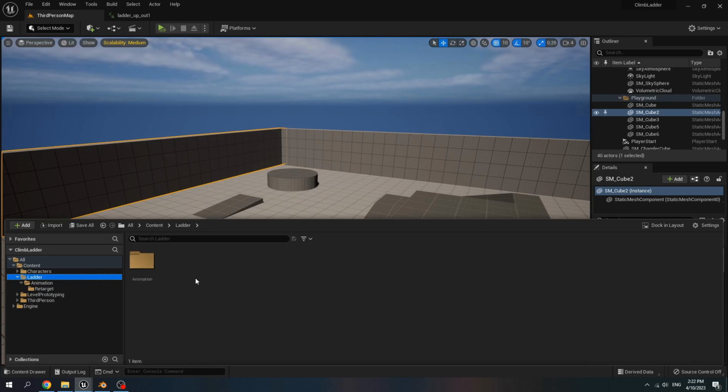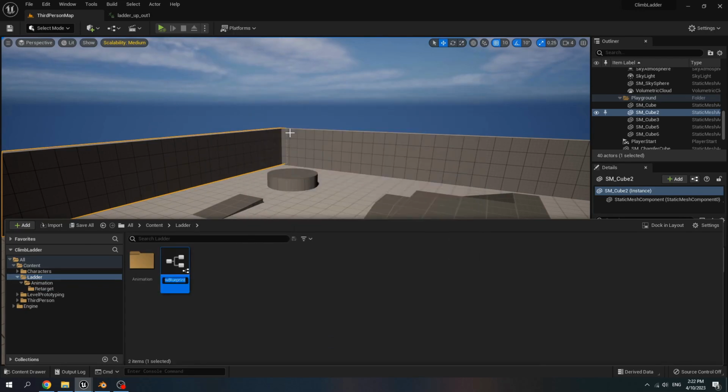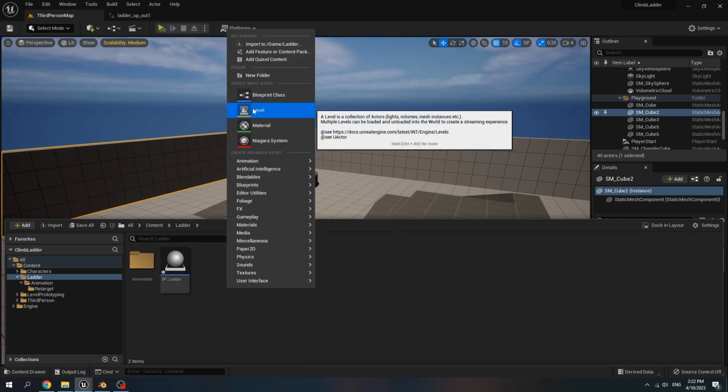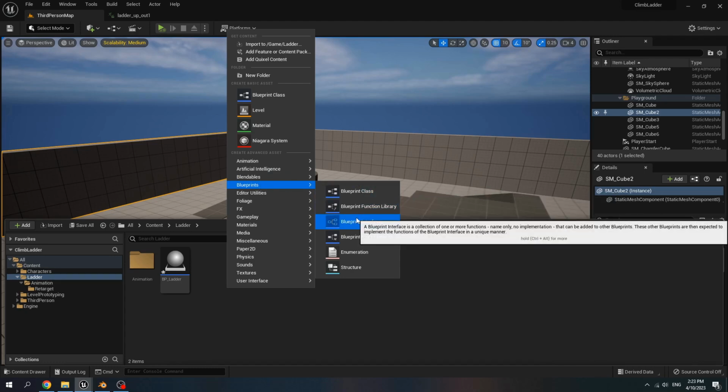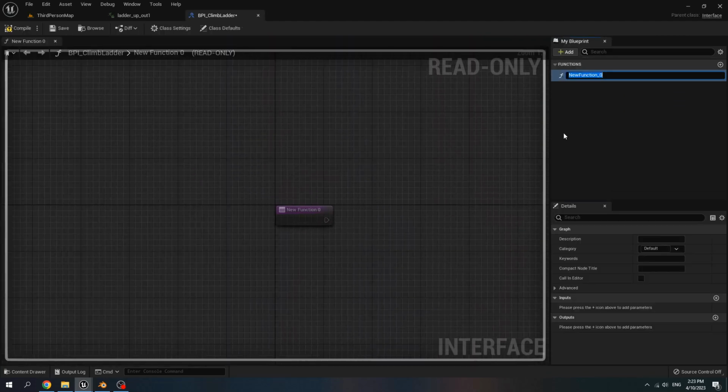Go to the ladder folder, right click, blueprint class, actor, and name it BP ladder. Right click, create blueprint interface, name it BPI climb ladder. Open this blueprint interface, new function, rename it to set new ladder.